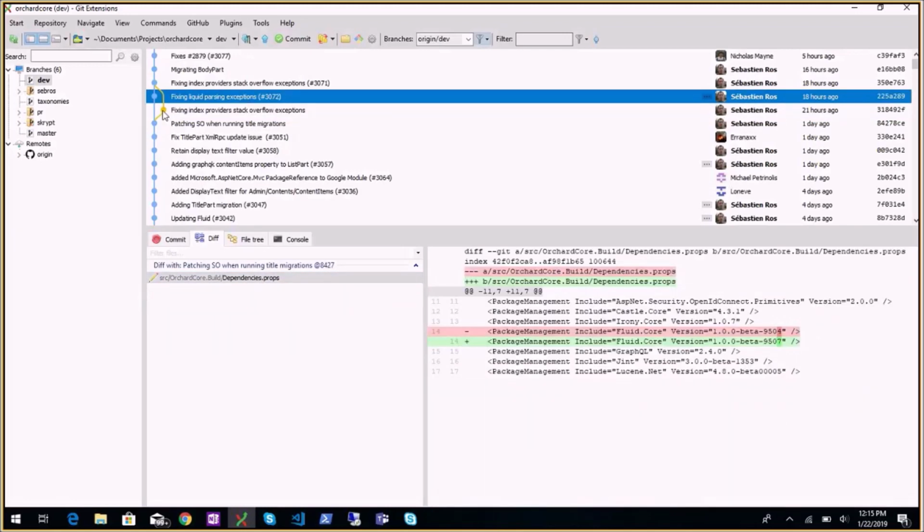You notice that I made a mistake. I did a merge instead of a squash merge because I was on my phone and it was not set up correctly. So this is updating fluid with